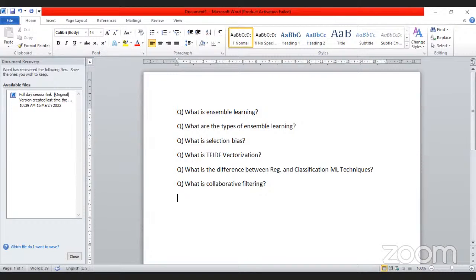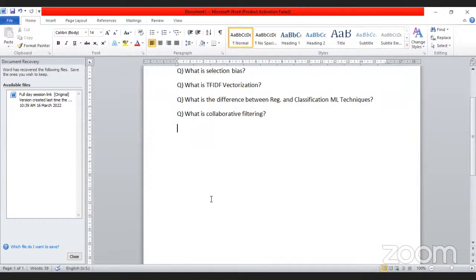Collaborative filtering is used by most recommendation systems to find out patterns or information by collaborating viewpoints. An example: if we consider one user and want to predict a rating for that particular user, it will be based on the ratings he has given to other movies. By collaborating those reviews and ratings, we can predict whether he is going to like this movie or not. For example, if one person is watching the Harry Potter series,